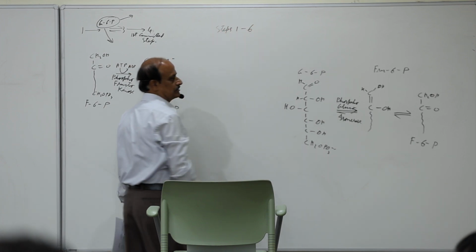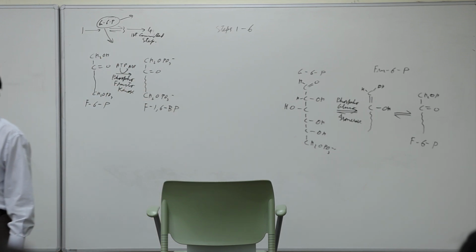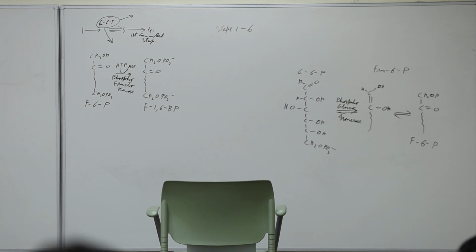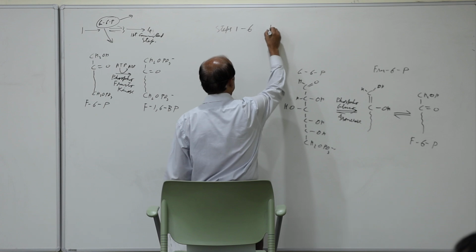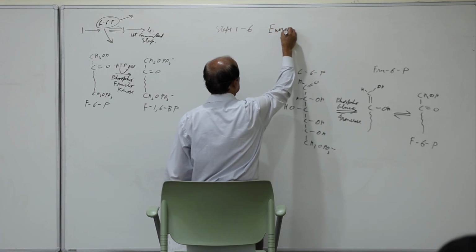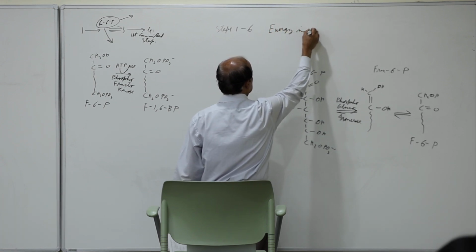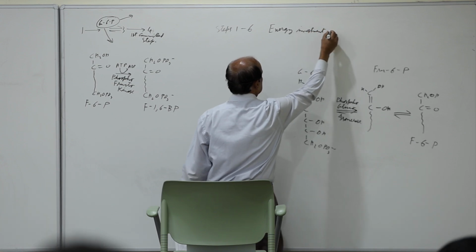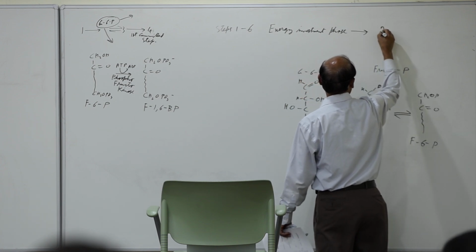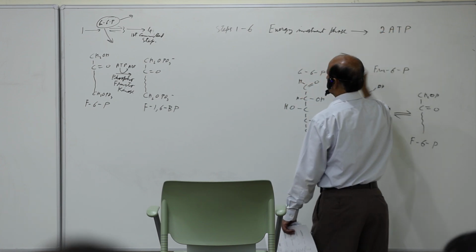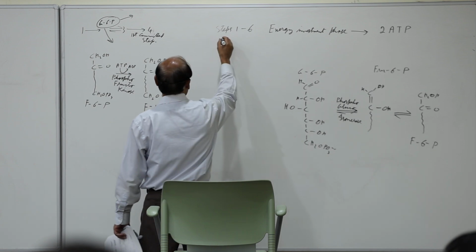1 through 6, out of the 10 steps, you are not really making any ATP at all. That's the whole idea of glycolysis, is to make ATP, but you are not making any ATP. Instead, you actually invested ATP into that. So these are called the energy investment phase. And in the energy investment phase, you have used 2 ATPs in the 2 steps. And then in steps